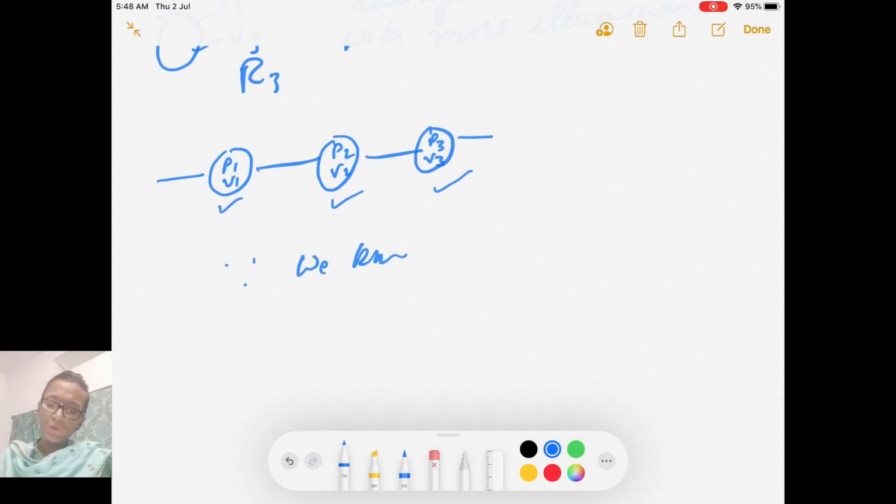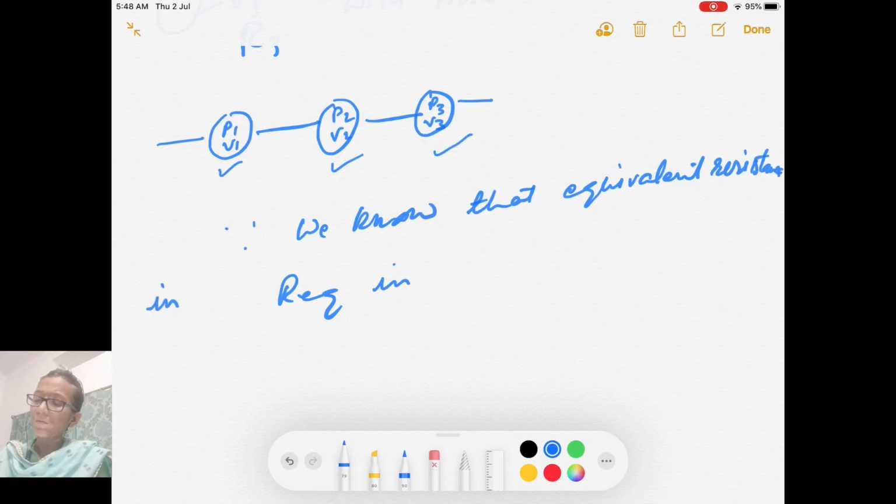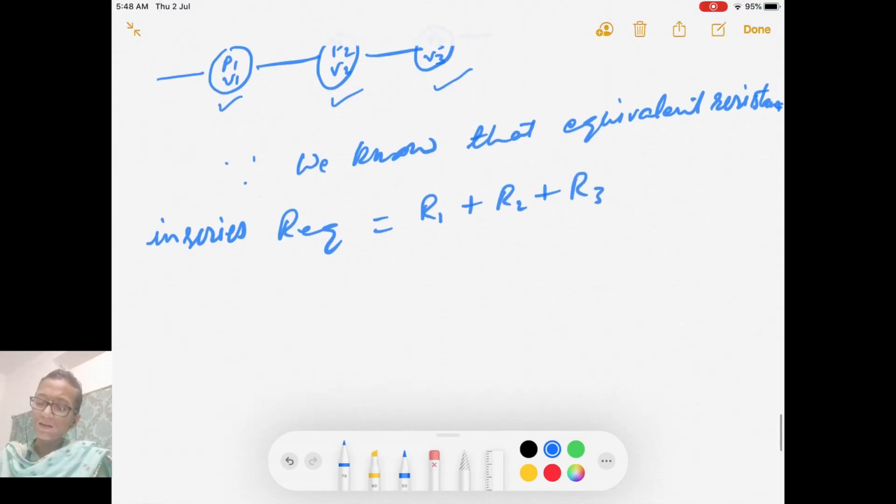Since we know that the equivalent resistance in series is equal to R1 plus R2 plus R3,